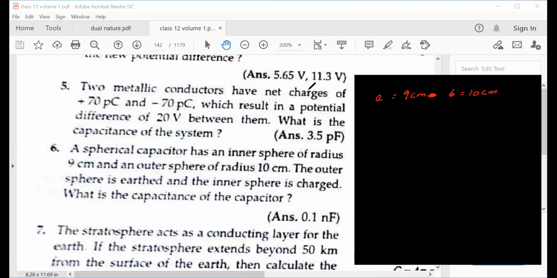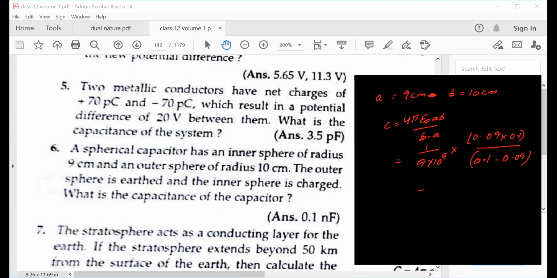Okay, super. So the relation, let's see, C is equal to 4 pi epsilon naught AB by B minus A. This is your relation. So what I'll do with the 4 pi epsilon naught, I'll reverse it. So the relation will be 1 by 9 into 10 power 9 into AB values, just multiply it. Now I convert to meters. So it is 0.09 into 0.1 meters divided by 0.1 minus 0.09.